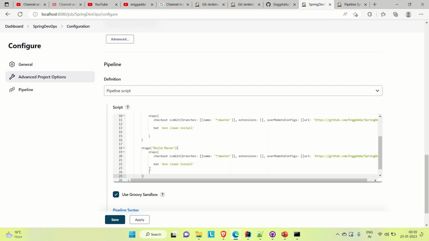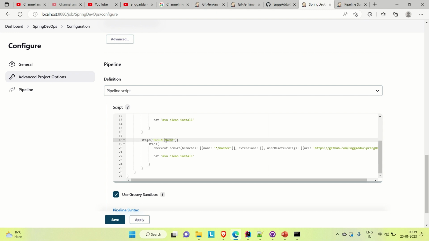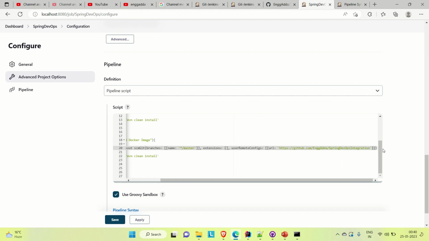Now let me paste it here, and let's say the stage name is build Docker image. Now what is the step? You need to run one script here, to build your Docker image. So let me remove this, and inside this step we need to run one script here. So let's say script,